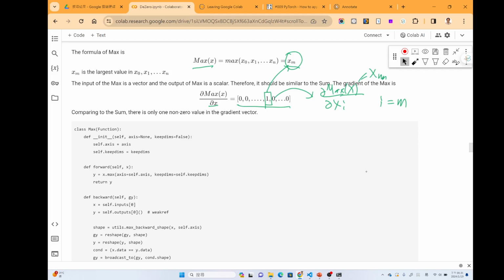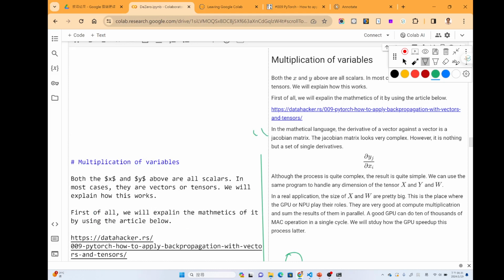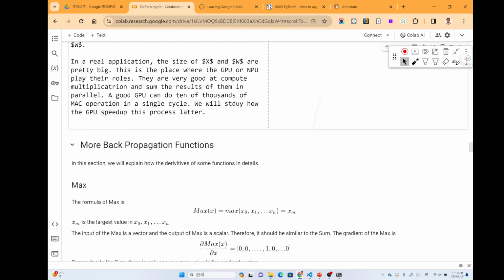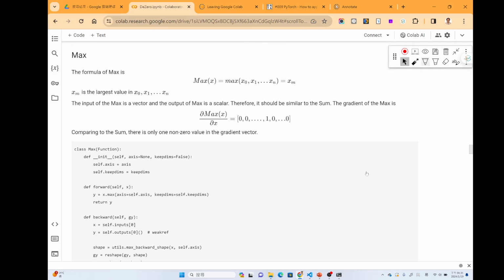We know that when we want to calculate the partial of L with respect to x, it is actually the partial of L with respect to z dot the partial of z with respect to x.